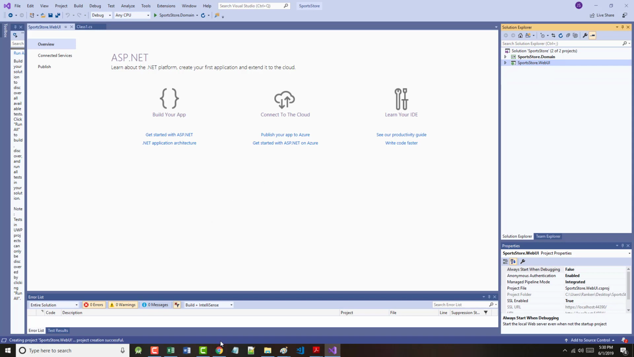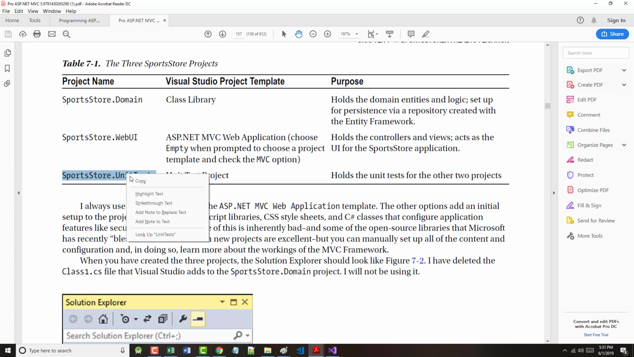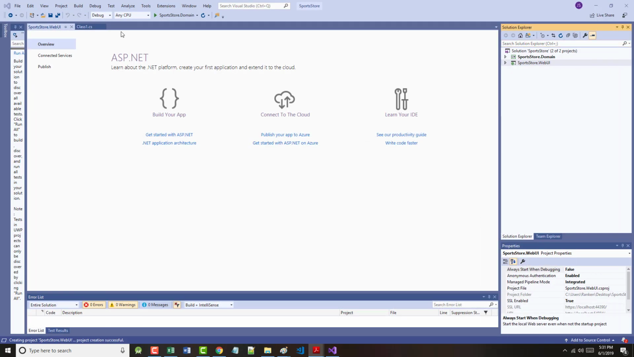Finally, we're going to want to do unit tests. So that will be called sportsstore.unittests. It'll be a unit test project, as it says, and it'll hold the unit tests for everything else that we're working on. So we want to, one more time,